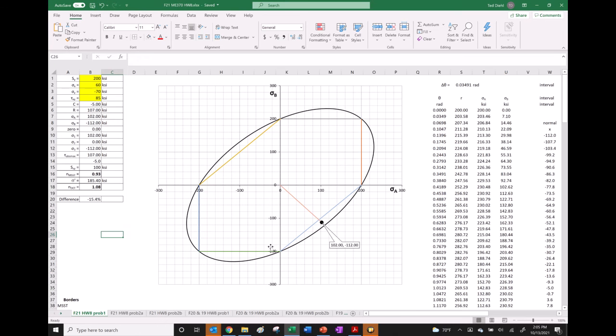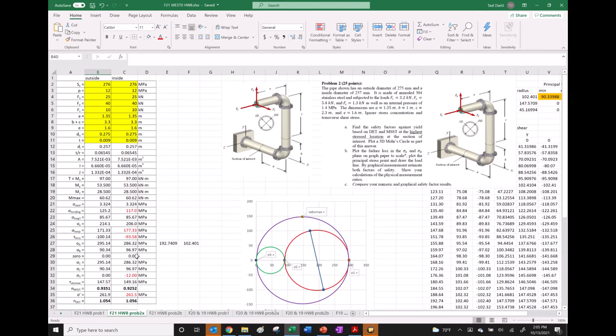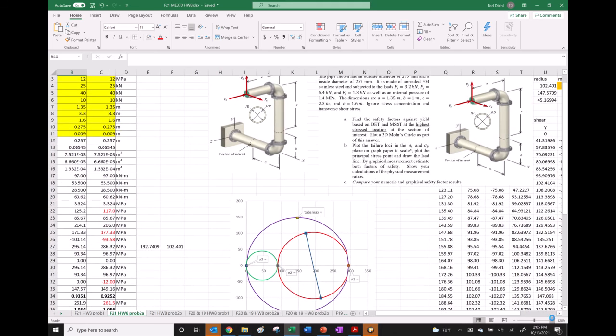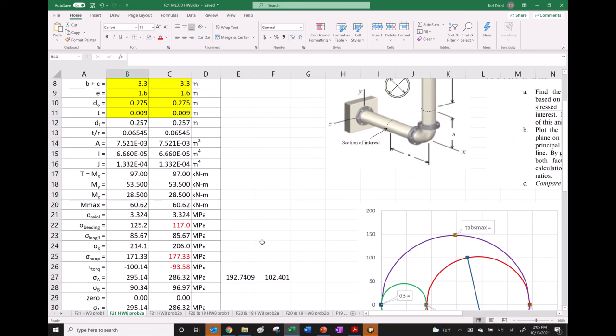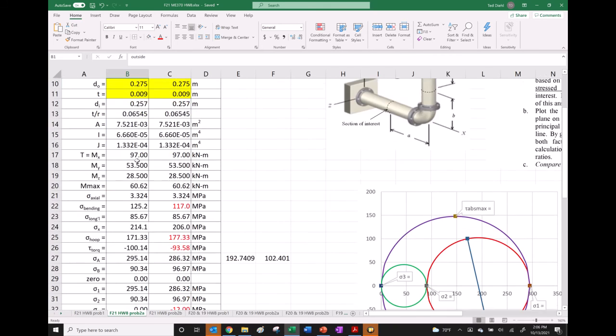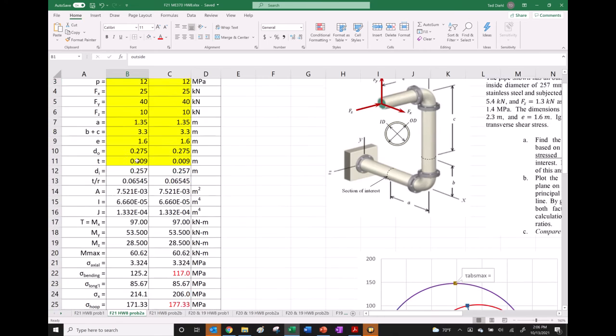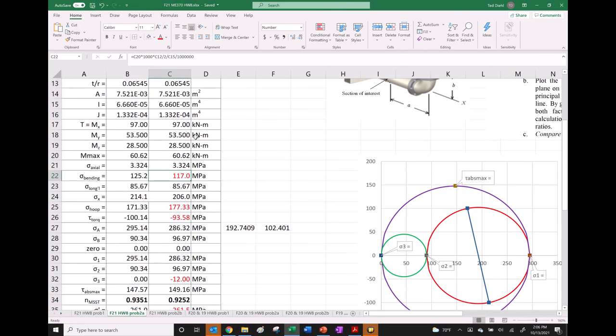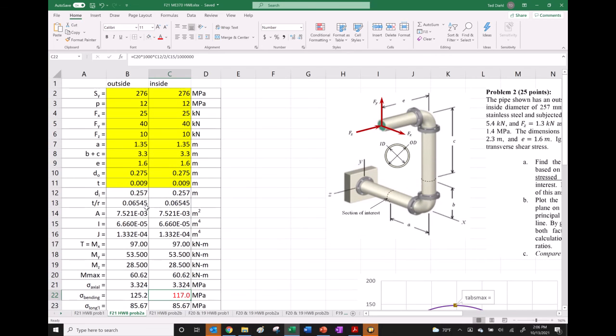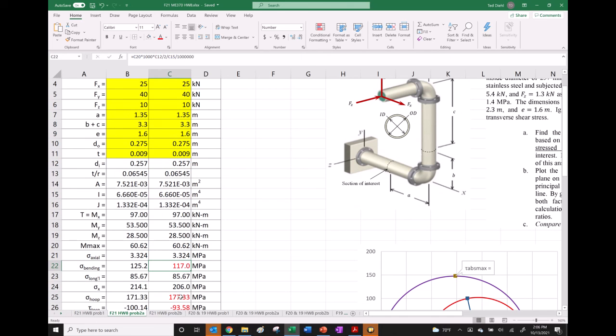But one thing I did want to mention. I calculated this in Excel, as I often will do, and then I did outside versus inside. So here's all my values for outside, and then I recalculated for inside. The things that are going to change: for this one, I used the outside diameter for the C, and this one I used the inside diameter. Another one that's different is going to be for hoop. Instead of using the average, which is DI right in there,